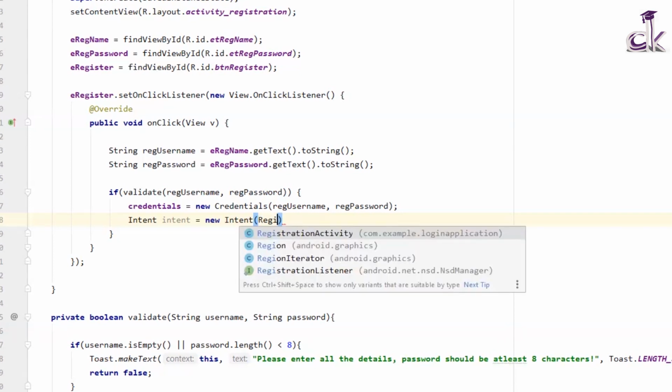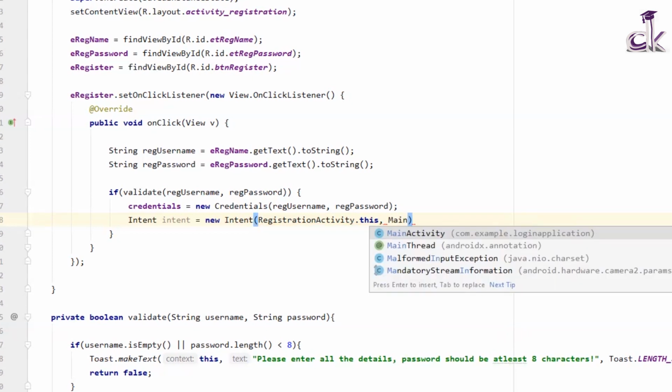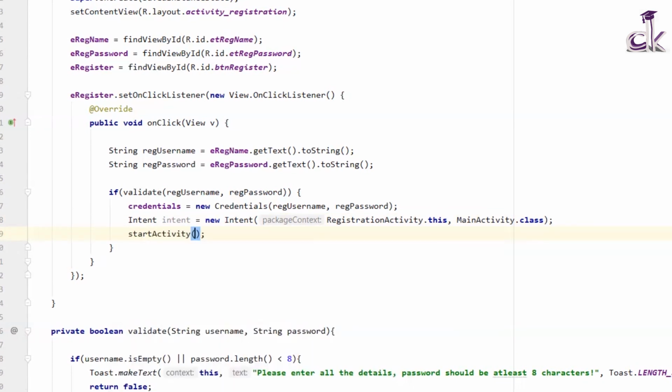So the source is nothing but this particular activity, so registration activity dot this, and the destination is main activity dot class. Okay, and once you do this, you will need to use the start activity and pass the intent, and there you have it, you will be directed to the new activity.